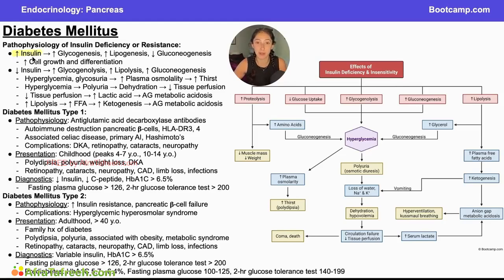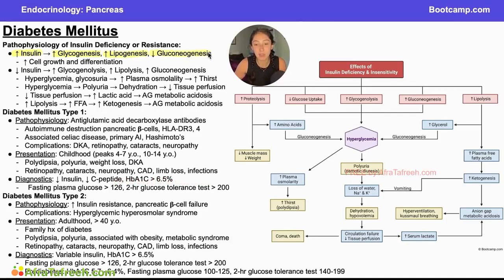Insulin is responding to a fed state, so you are going to be in a high energy state, and that is why insulin is going to act as an anabolic hormone. When you have a bunch of excess energy, it's going to be a good time for your body to focus on building other tissues. So when you have increased insulin reflecting increased glucose in your bloodstream, then you are going to stimulate glycogenesis, so you have extra energy, so you would like to store this energy in the form of glycogen. Increased lipogenesis, again, you have extra energy, so you would like to store this energy in the form of